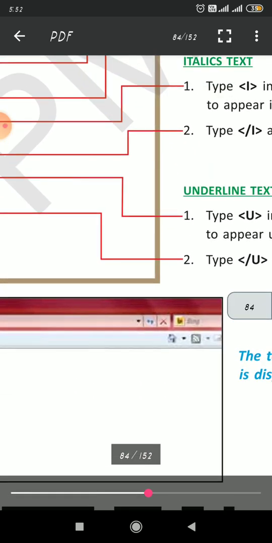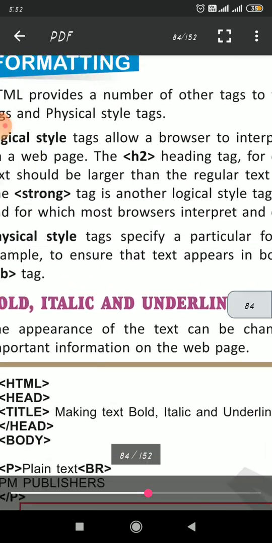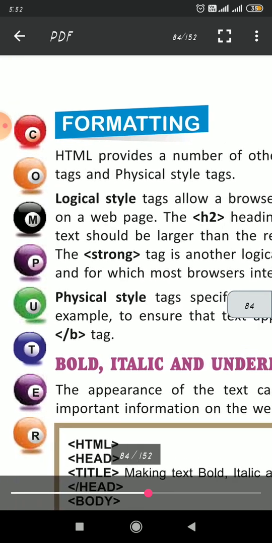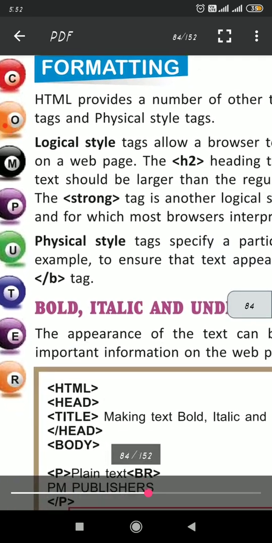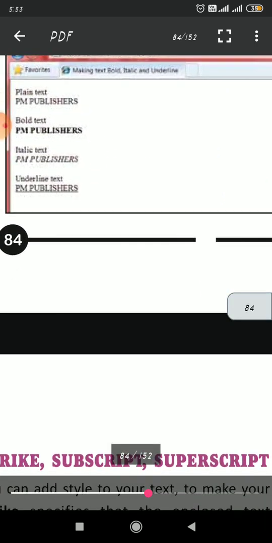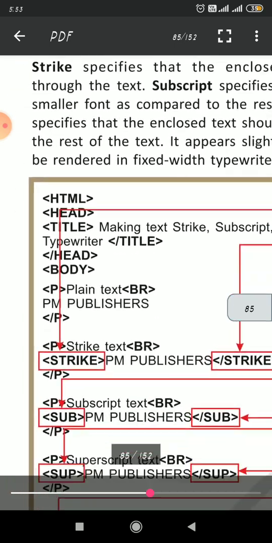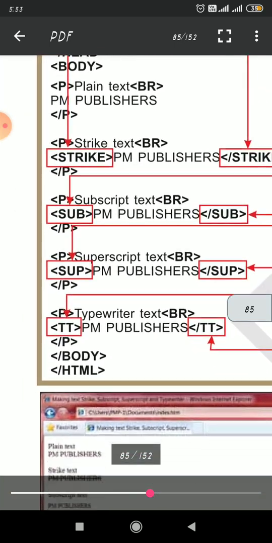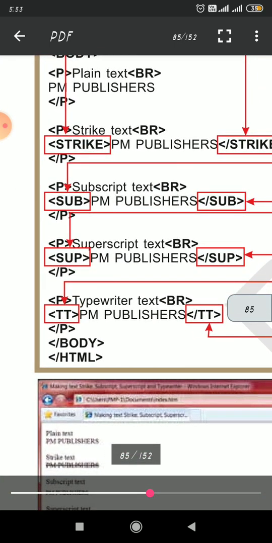Also, you have seen logical and physical style under the formatting heading. I hope all this will be clear to you. Bold, italic, subscript, superscript.